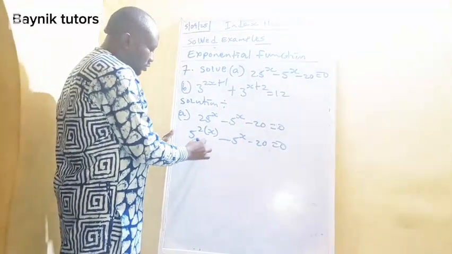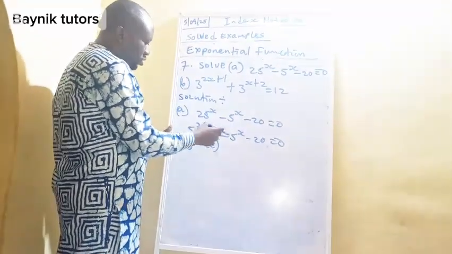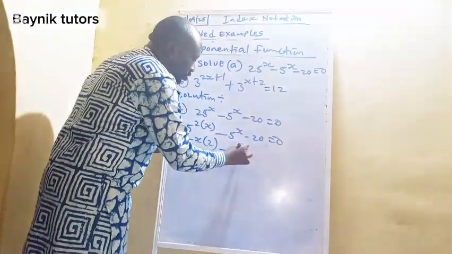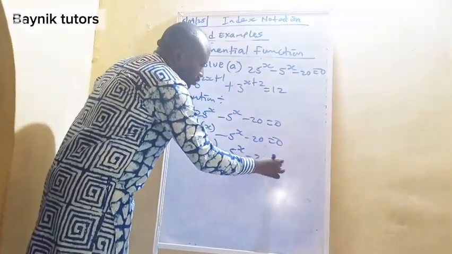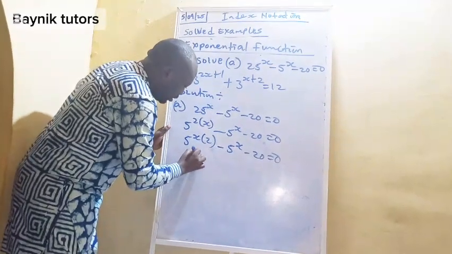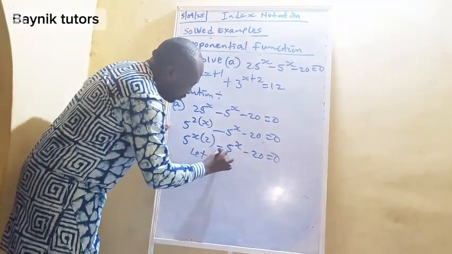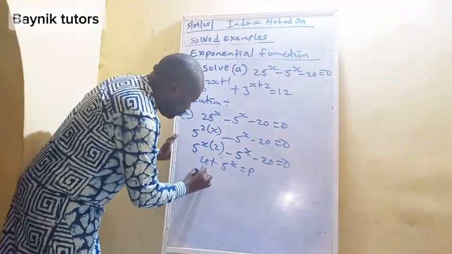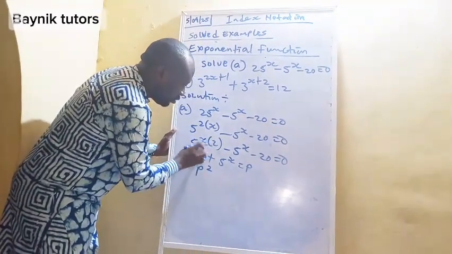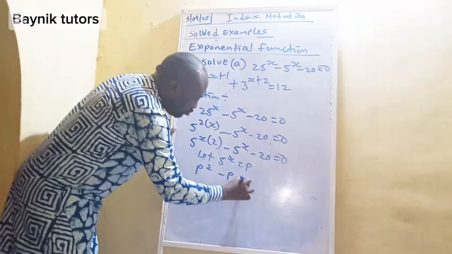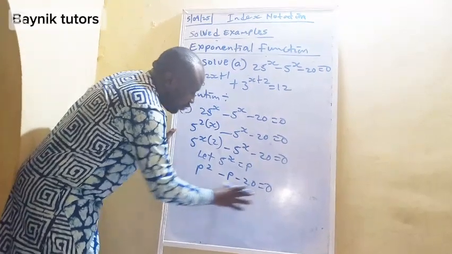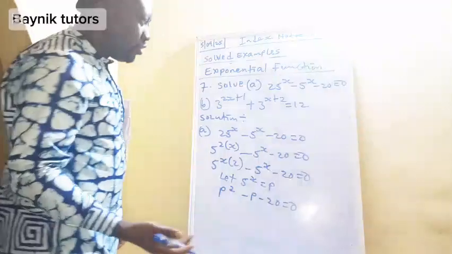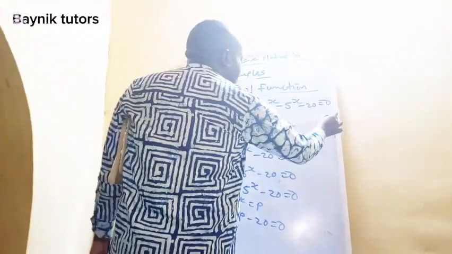So 5 raised to the power 2x is still the same thing, because 2 times x is the same as x times 2, minus 5 raised to the power x minus 20 is equal to 0. So you will now say let 5 raised to the power x be equal to p, so that it can lead us to a quadratic equation. That would be p squared minus p minus 20 is equal to 0. So we factorize, and in our factorization, if you've learned quadratic equations from your junior school,